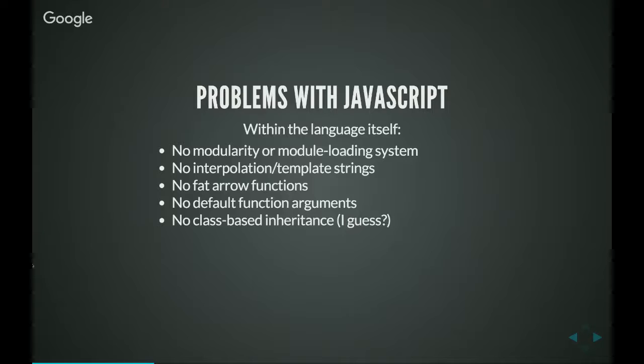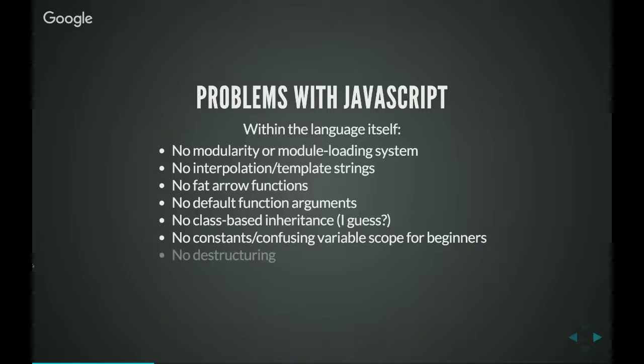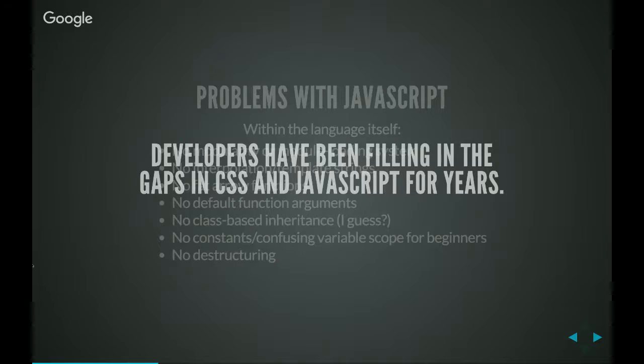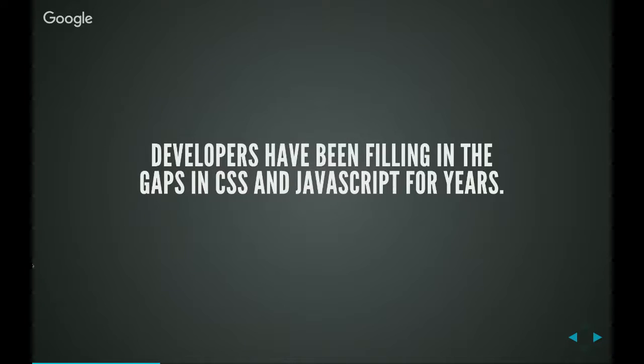Class-based inheritance I bring up. I'll talk about this with ES6 JavaScript, but it has historically not had a class-based inheritance system. I would argue that JavaScript doesn't even necessarily need this. I'm not a class-based expert by any means, but it historically has lacked this. Things like constants, and I would argue that variable scope is a little tricky for beginners to understand. And destructuring. So we've had these limitations, we've had these shortcomings in the languages themselves, but developers are a pretty